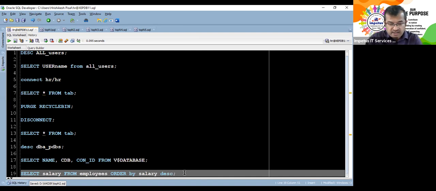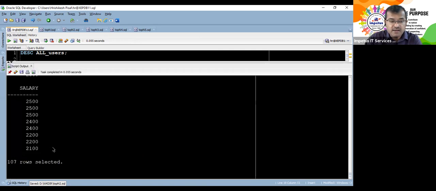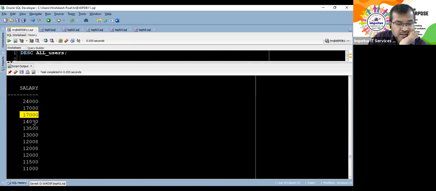Suppose I fired this query, see the problem now. What is the rank of 14,000 saying? It says 4. If we look at the rank of 14,000, show the problem. This is 1, this is 2, this is 3, this is 4.